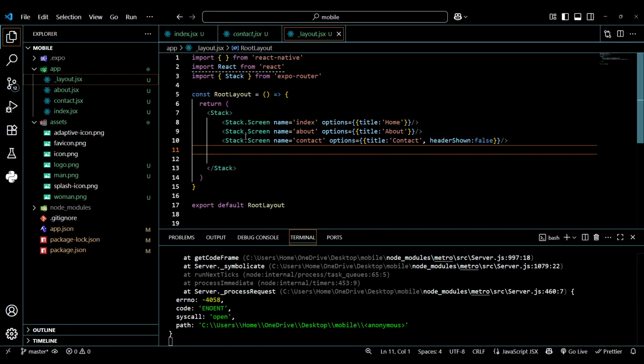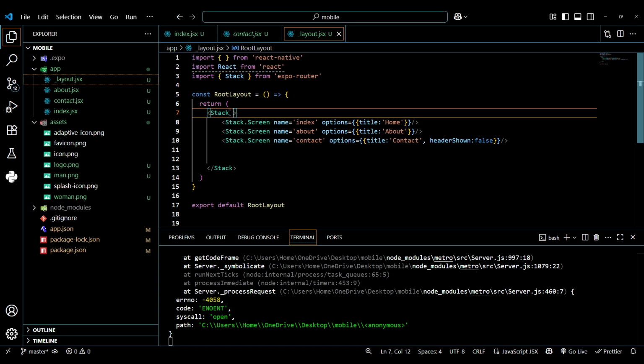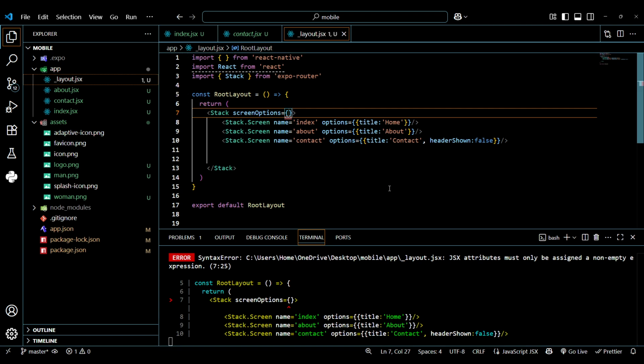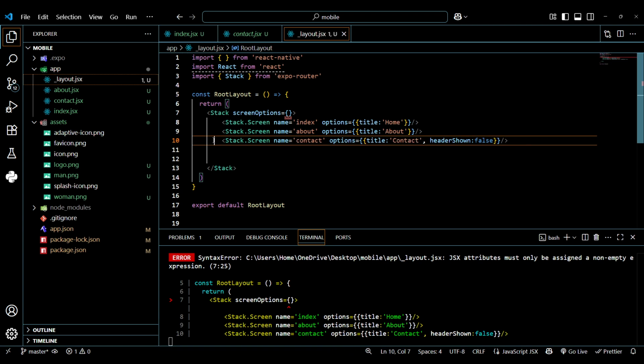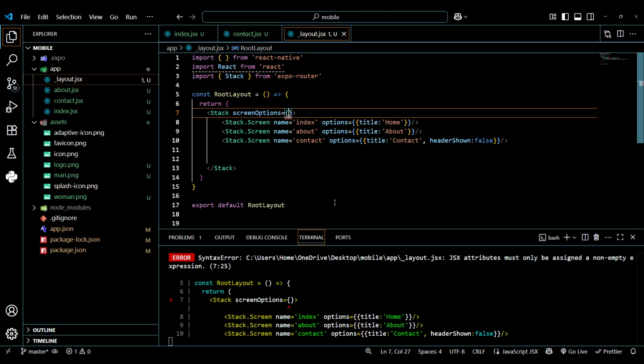Now ukirudi huku, hii ni specific style kwa each page, but unaweza kuwa na other global styles. Huku unaweza kuja unasema screen options. Hii ni global ambayo utaistyle all of this, venye unahitaji all of this page kwa inaonekana, ina represent all the pages. But inside here, this is just specific style. Venye unaona kwa hii ni specific style for this particular page, kwa hii page tu venye unaona peke yake. But hii inaitake global style, unaweza isema hivi. So utaisa kui style that one as a global style by